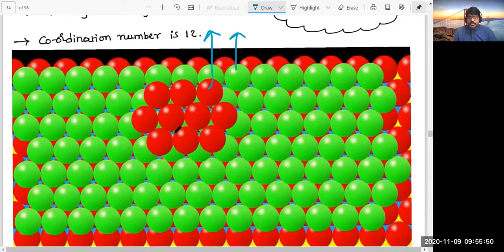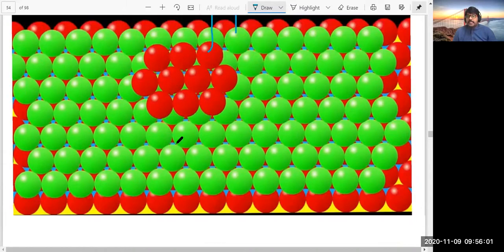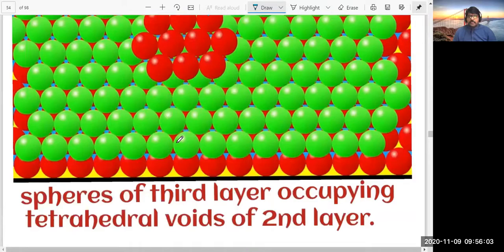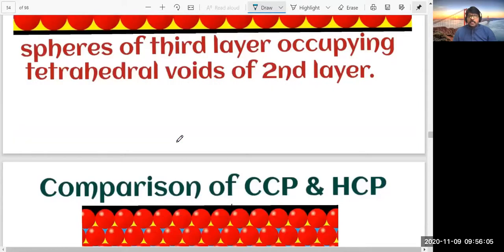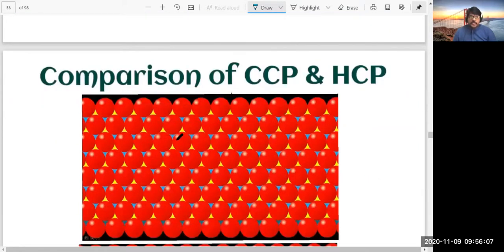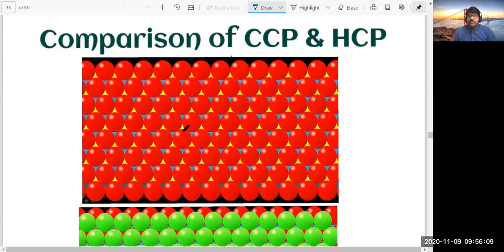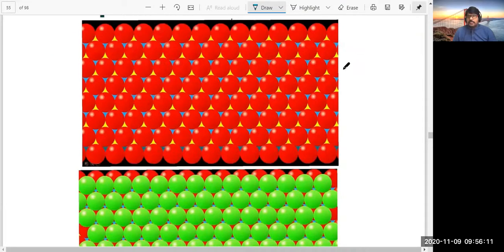Now you can see here the blue colored thing, the octahedral void formed by layers 1 and 2 is visible, but a tetrahedral void is not visible. That is the difference, most importantly, between CCP and HCP. But if I compare CCP and HCP, you will be definitely more comfortable. So this is the first layer of CCP and HCP, no doubt about it.